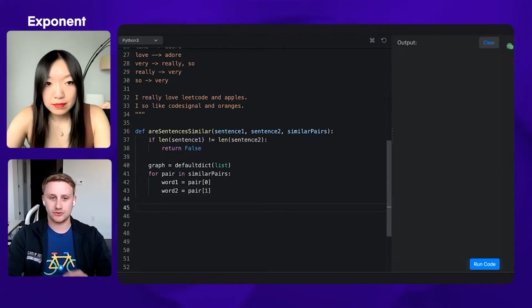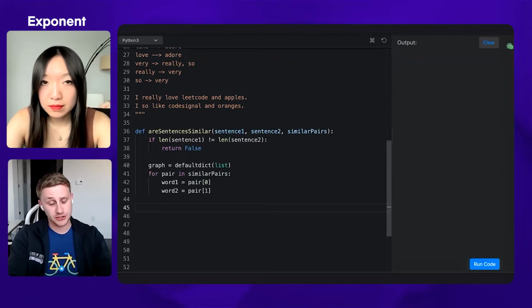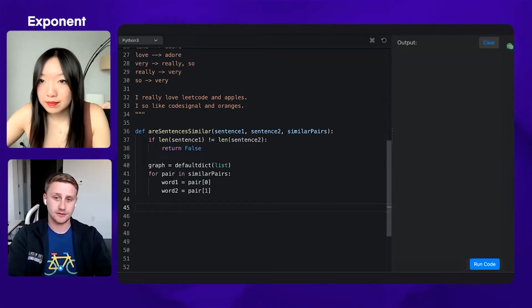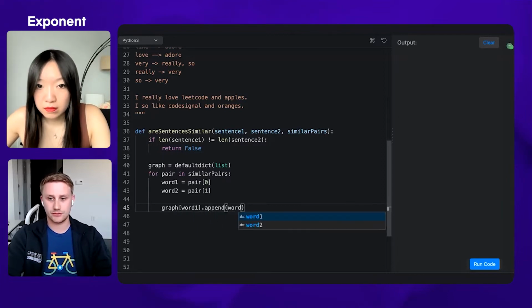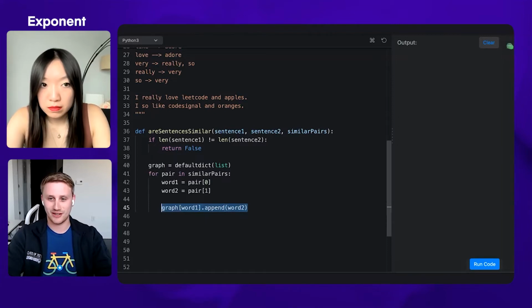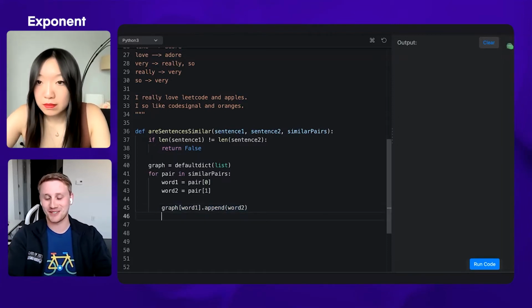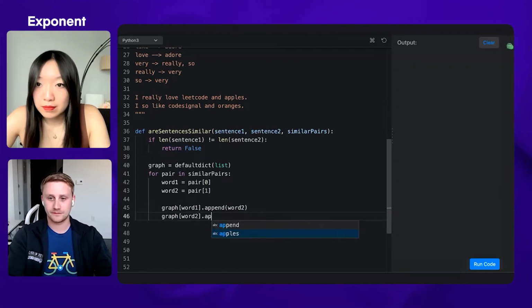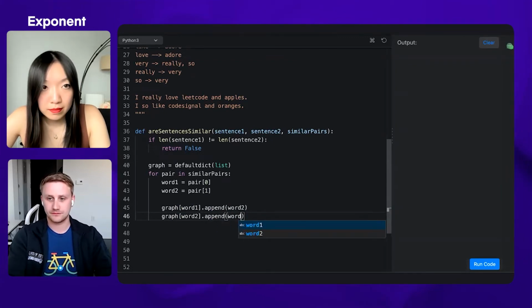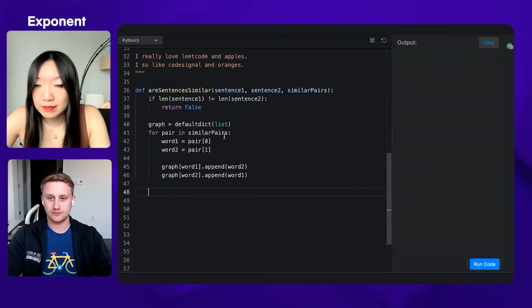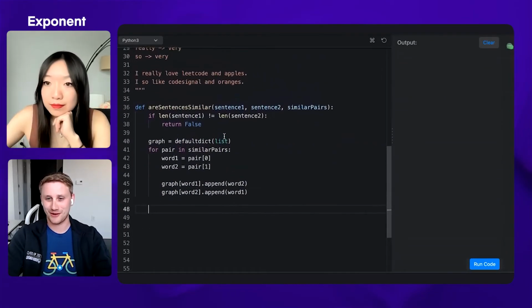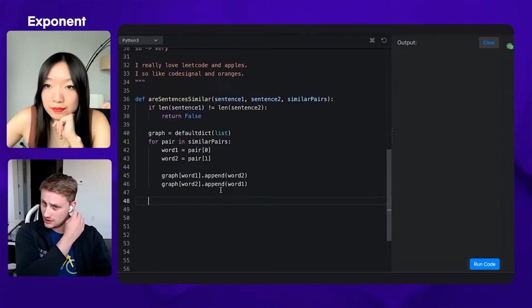So now what we want to do is we want to do like this mirrored addition inside of our adjacency list. So graph of word 1 dot append word 2. And the reason we can do this without any checks of if it exists is because of the default dict. Okay, great. So maybe I would check if this graph looks like how I'd expect, but we could always test